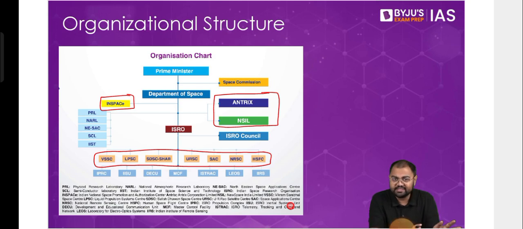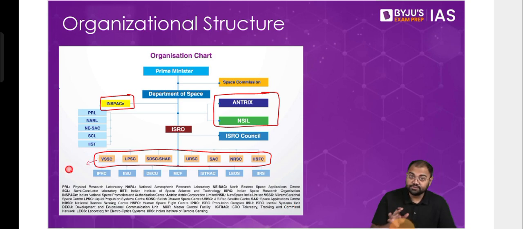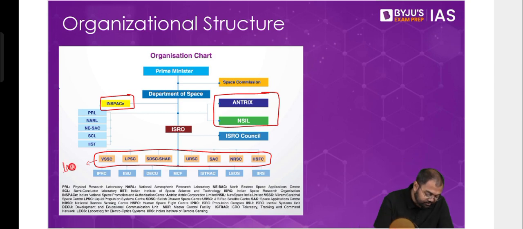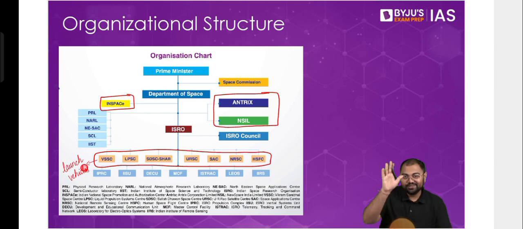So first you have Vikram Sarabhai Space Center, VSSC. Vikram Sarabhai Space Center is where the design and development of the launch vehicle is done, and everything related to the launch vehicle and all the associated technologies. Not only the development of launch vehicles, but even the smallest of things. For example, what kind of paint will be used in the launch vehicle, even that paint will be developed at Vikram Sarabhai Space Center. Then after that, we have LPSC, that is Liquid Propulsion Systems Center.